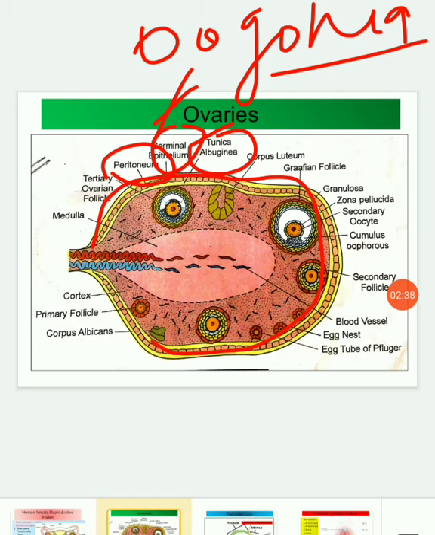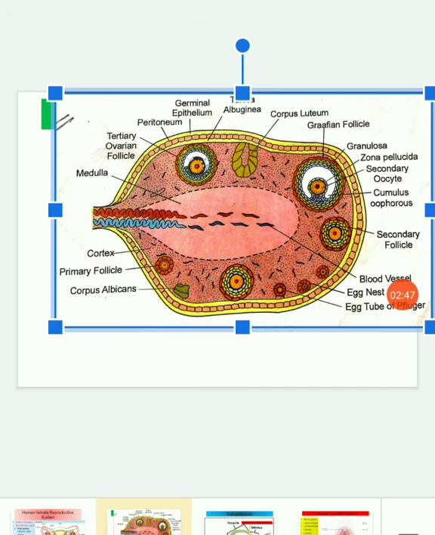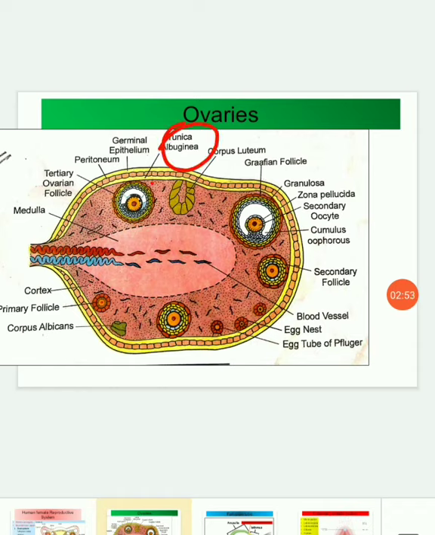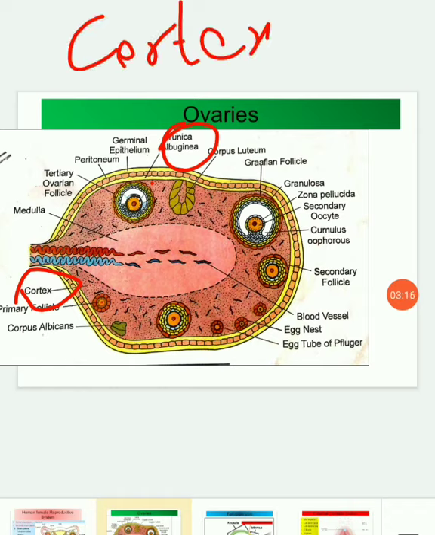Now the tunica albuginea has dense connective tissue. It is the inner layer, and it shows the presence of a large amount of connective tissue, and it provides a grayish color to the ovary. Now the third layer: the tunica albuginea covers the inside, which is divided into 2 categories, cortex and medulla. So the outer one is the cortex and the middle or inner one is the medulla.